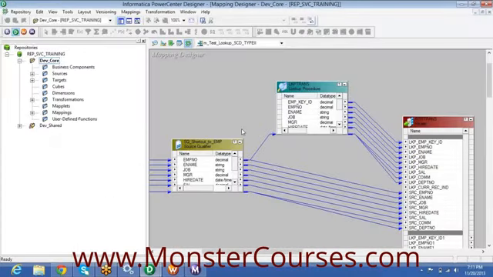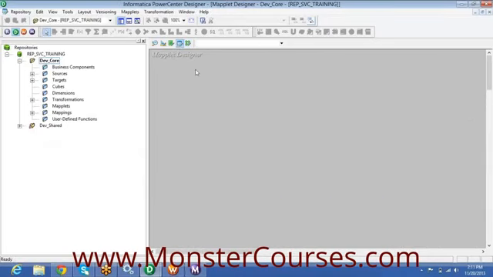Suppose I want to create a maplet, and in that maplet I just want to have a reusable logic. Let's assume it just increments the salary. But for the salary increment calculation, you need to accept a percentage value, how much percentage you want to increment. So if you want to increment a salary, what input do you need to have?